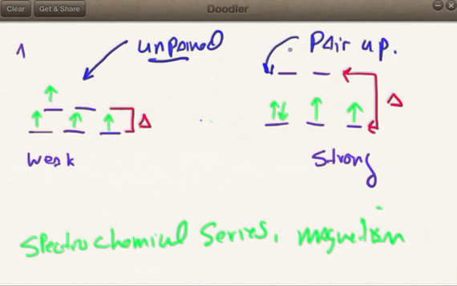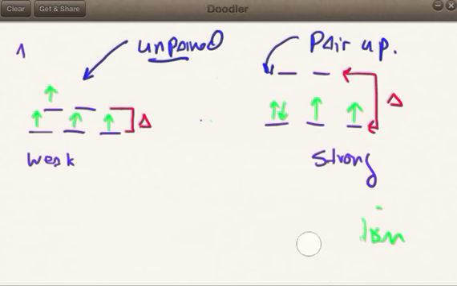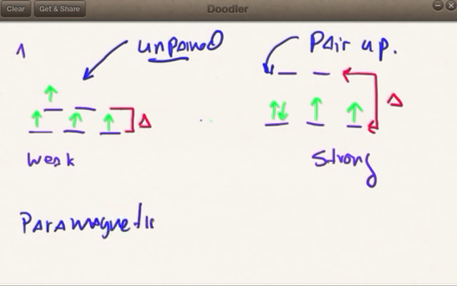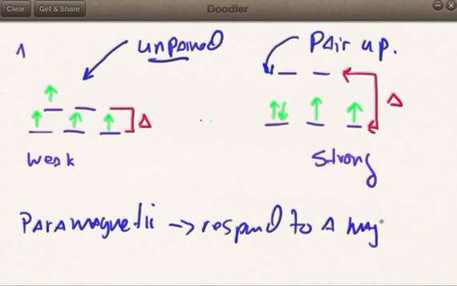Well, if you remember, when we talk about paramagnetic versus diamagnetic, something that is paramagnetic is attracted to a magnetic field. Okay, it will easily respond to a magnetic field. All right, whereas diamagnetic,